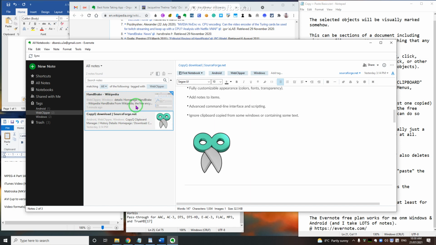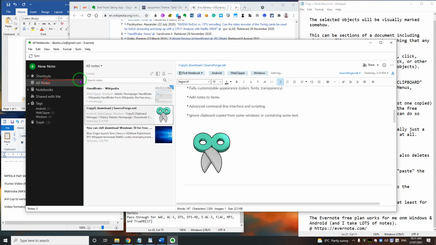If I'm quickly trying to find something, I go with the logo or whatever. Anyway, that's an easy way to, other than searching, I could search notes, and I can search all Clipper notes, because currently I've got Clipper selected, so I can search within those, or within all notes, or you can organize different notebooks. I've only got one on here. You can share notes